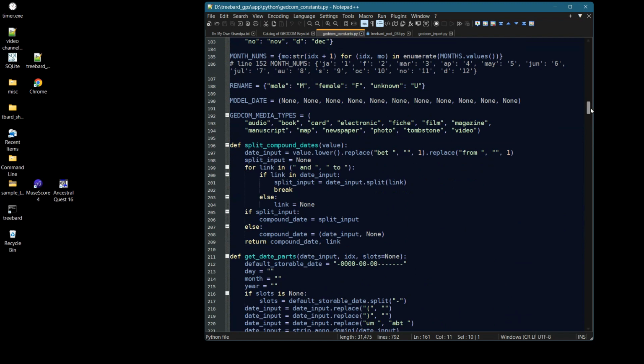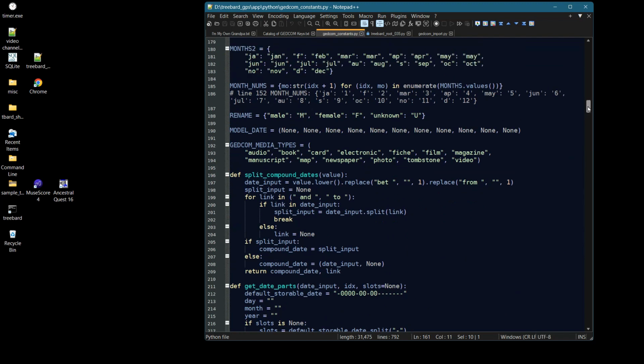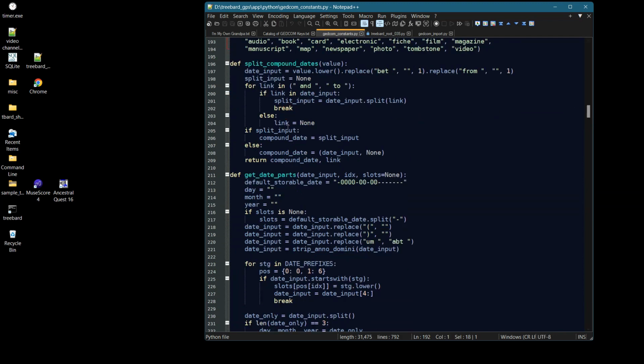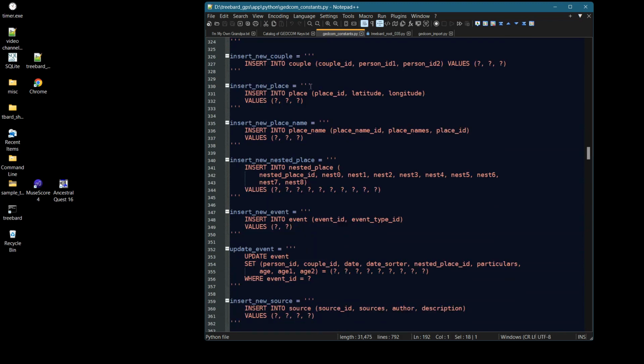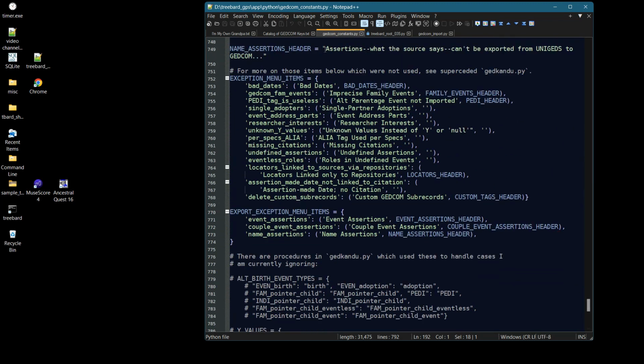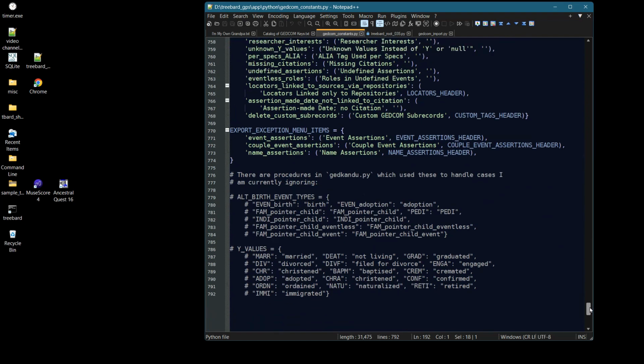This is a module. This has got constants in it. These are things that don't change. That's why they're capitalized in Python. This makes dates, SQL queries that I'm only using for GEDCOM, headers that I have in the GUI, graphical user interface. Exception report has different topics in it, most of which I'm not messing around with too much right now,